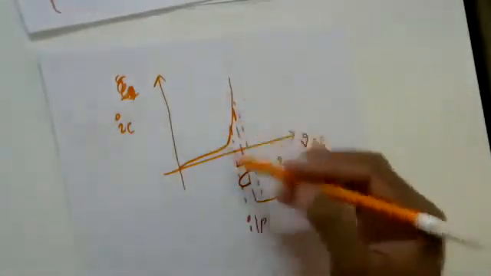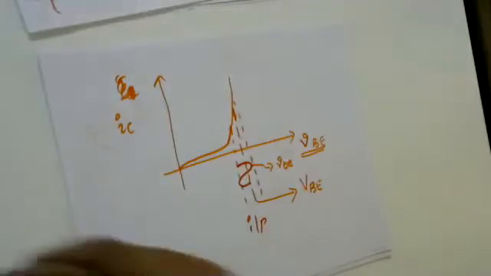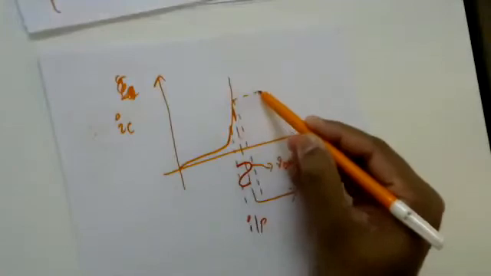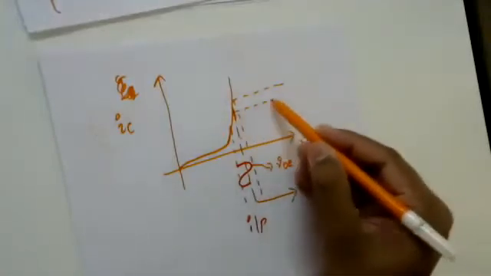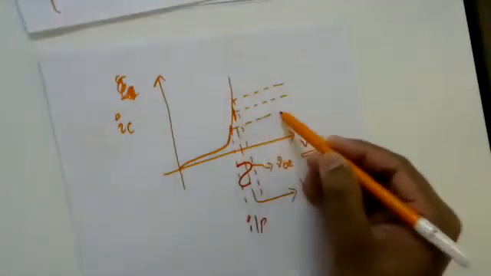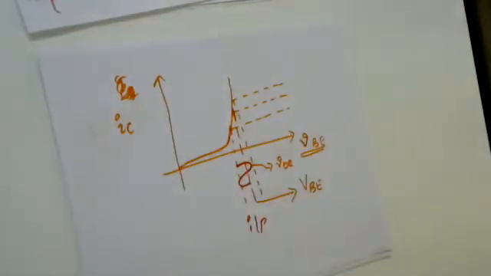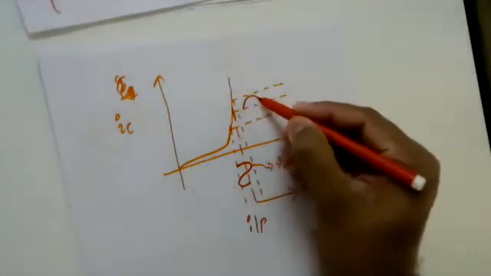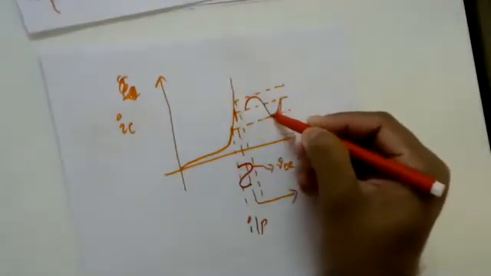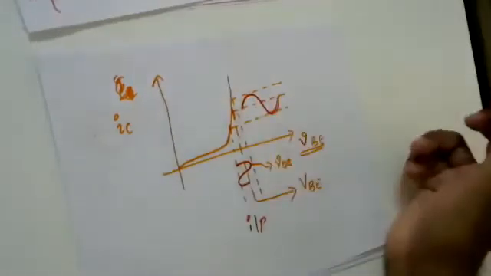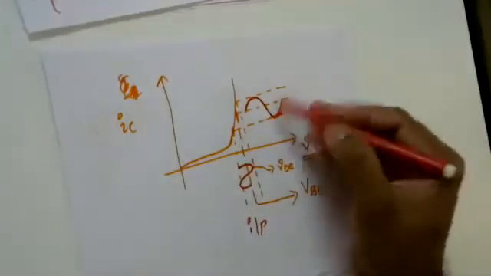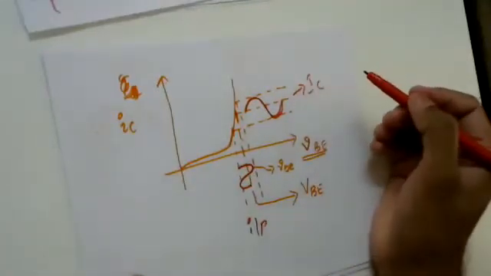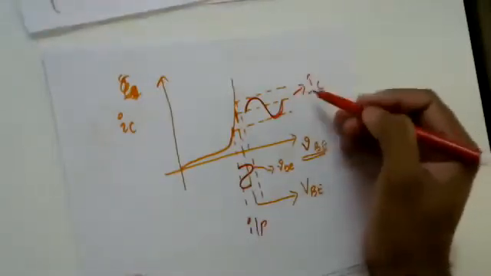So the same thing I'm defining in terms of your graphical view. Now when I project it onto my output, I know this will be its response. When this input signal is applied, my output will be an amplified version. What you need to understand is, what is this? This is nothing but your collector current.